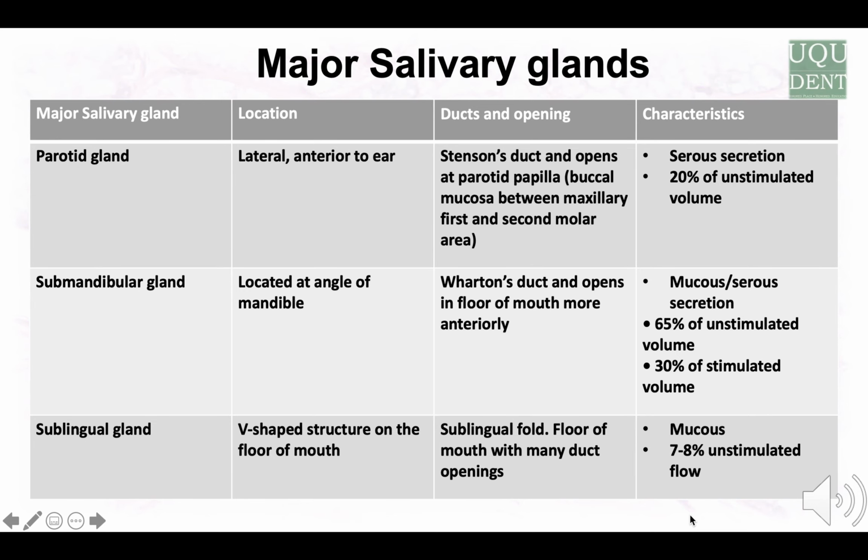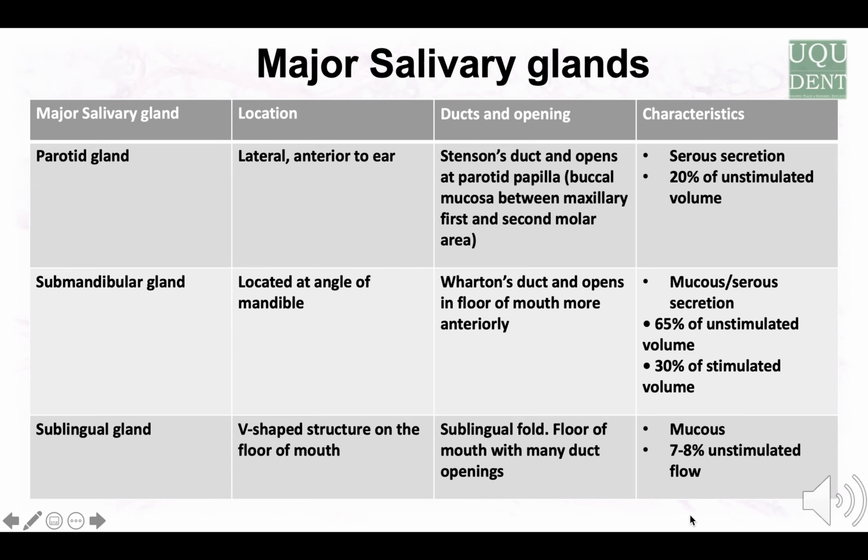Because we are talking about the salivary gland, you need to know that the salivary gland divides into major salivary glands and minor salivary glands. The major salivary glands include parotid gland, submandibular gland, and sublingual gland. The location of the parotid gland, it is on the lateral side of the face, anterior to the ear. The submandibular gland located at the angle of the mandible, and the sublingual gland, it's a V-shaped structure on the